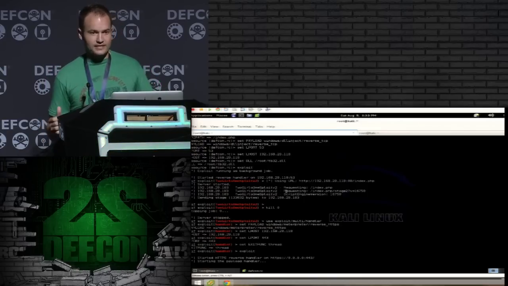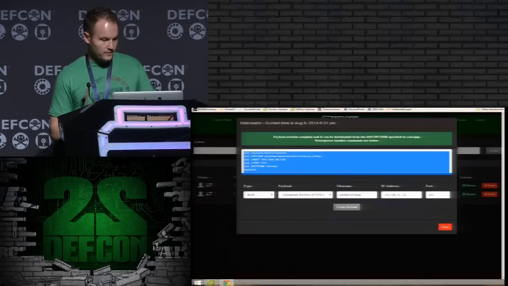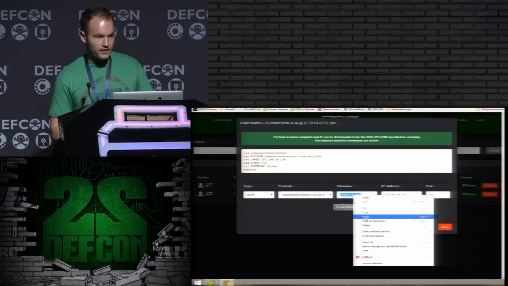That's important because when we inject the shell code into another process, and when we quit out of our interpreter shell, we don't want it to kill the process, we just want it to kill the thread that we created within that process. So we have our handler listening there, and the payload's been generated to that HTML file.